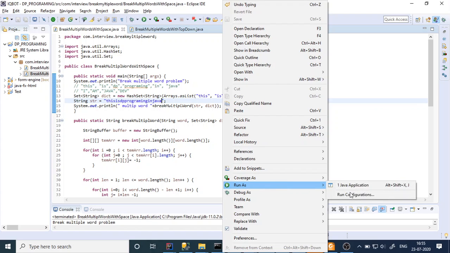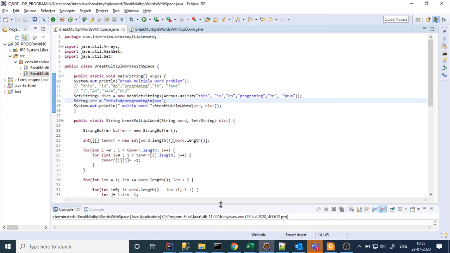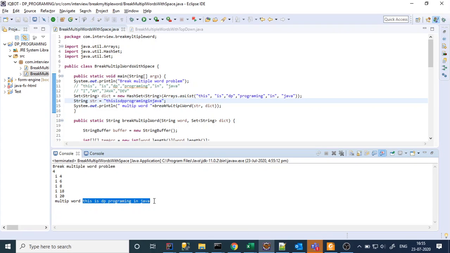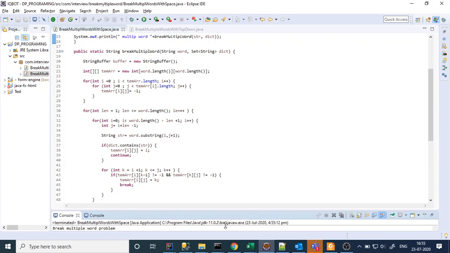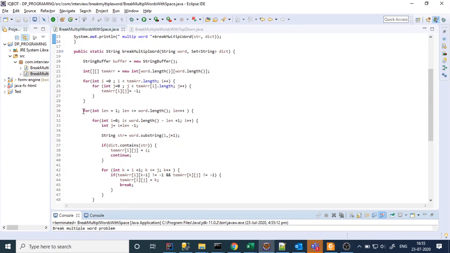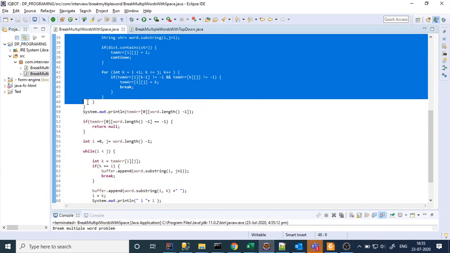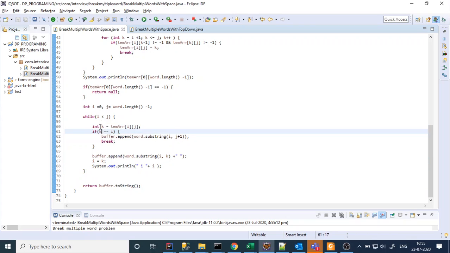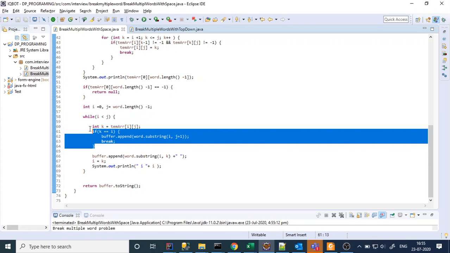I am trying to identify whether my program is running with every kind of input or not. So if you see, this is the input, right? This is the DP program in Java, right? So like that, yeah, that's it. How we can break the whole string with the help of the tabular approach, and we fill the tabular forms, and then after that it lies here based on this. In any while loop we need some break condition, right? Okay, thank you for this video.